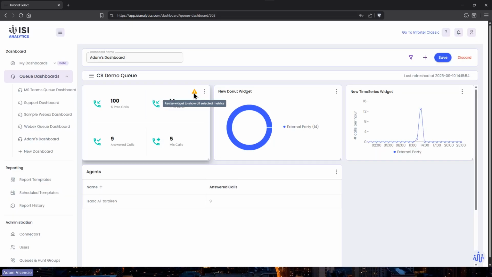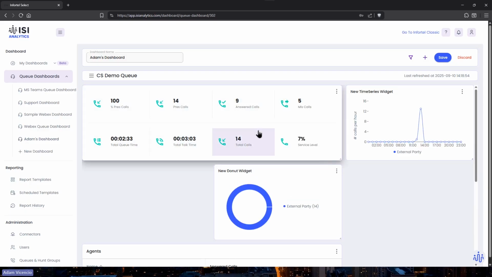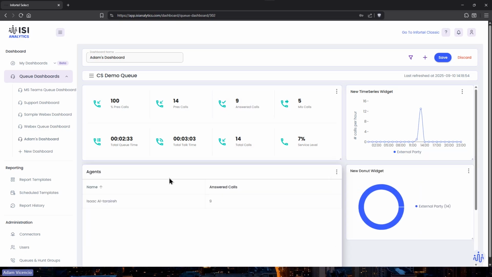And you're going to see a little icon here saying, hey, you need to resize it to show everything because we can't do that all in that view. So I can resize it, and then all 8 of those values are now viewable. I'll move this one over here so that this one shows up as well. And so now you have metrics on these.